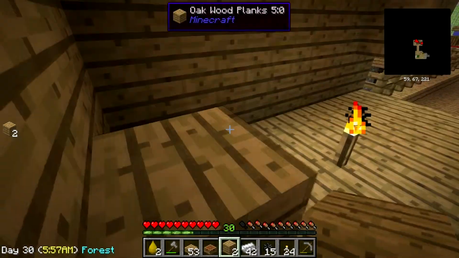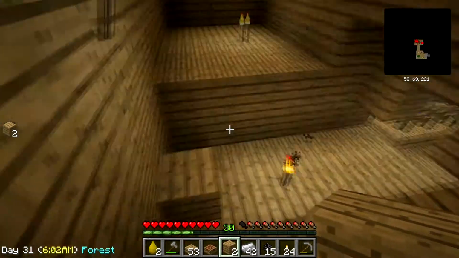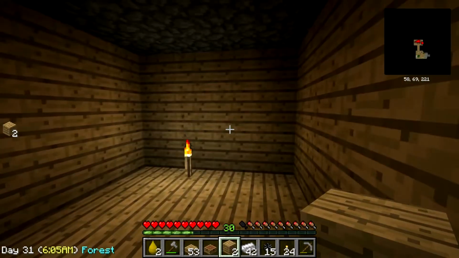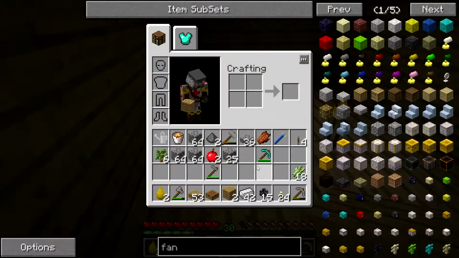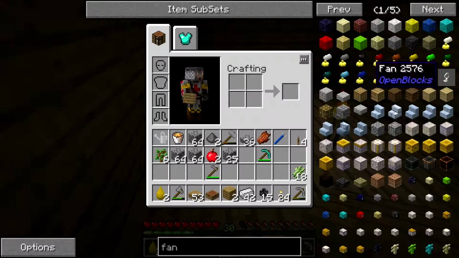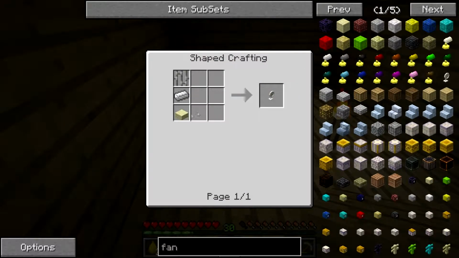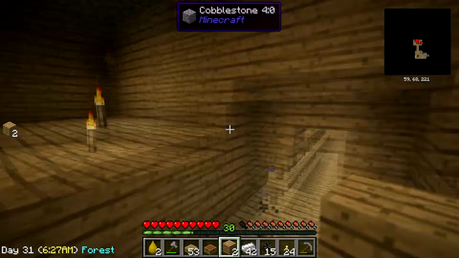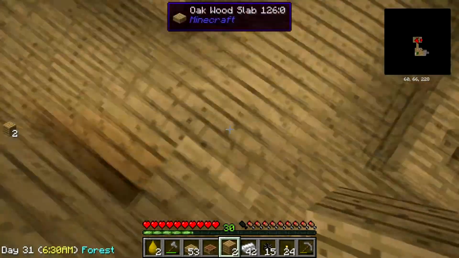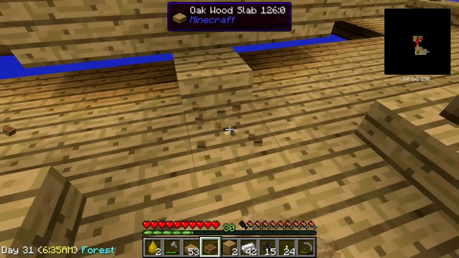Now the question is, how are we going to get them pushed into the middle? Water traps are always an option. You can use a dispenser to use water to push them into the middle. But with this modded pack, we have something a lot easier. It's called a fan. All we need is some iron bars, an iron ingot, and any kind of slab. We can use these cobblestone slabs that I use to keep everything from spawning on top. So pretty darn easy to make. Let me go ahead and...